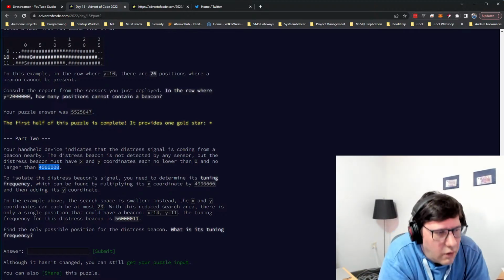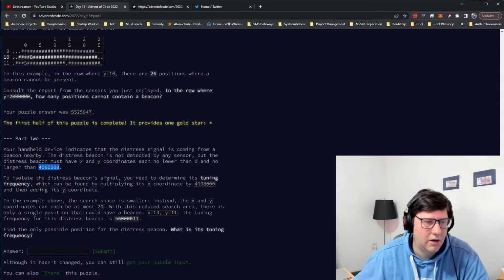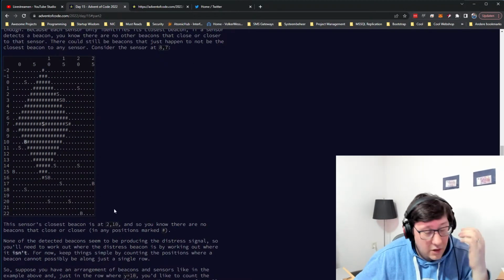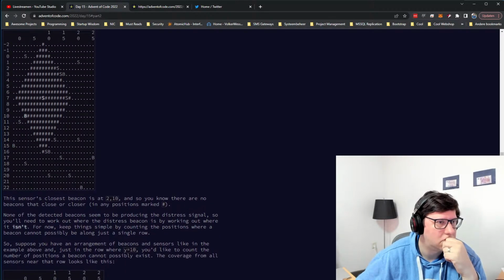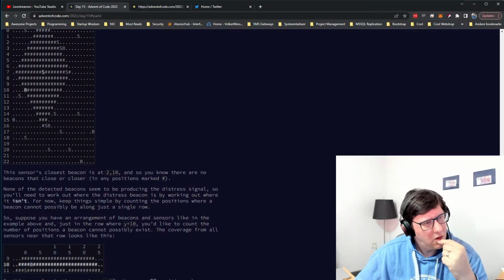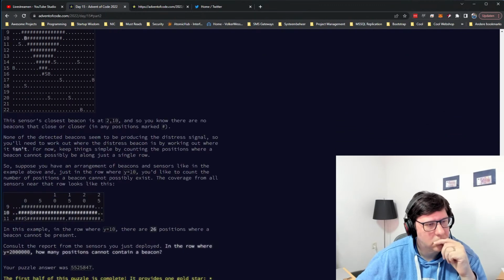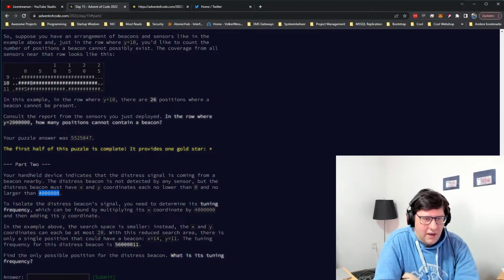So I don't understand this at all. Let me read it again. X and Y can be at most 20. Okay, so why is that? Oh, because we need to fill out this map and then see what's left. Wait. Do I understand that? I don't think so. You multiply its X coordinate by...